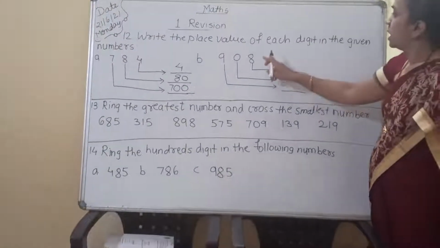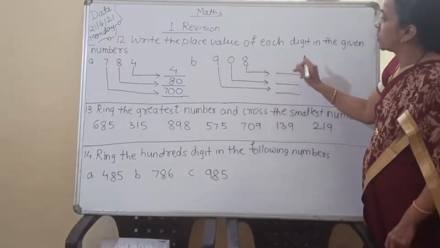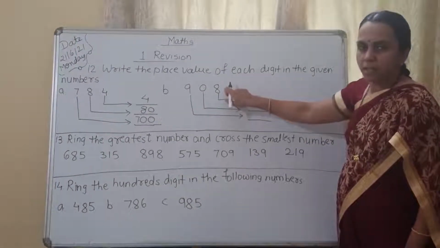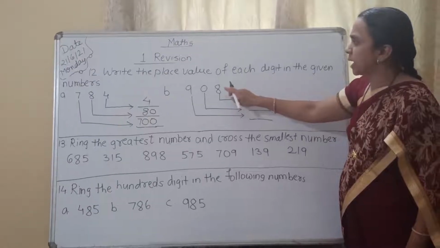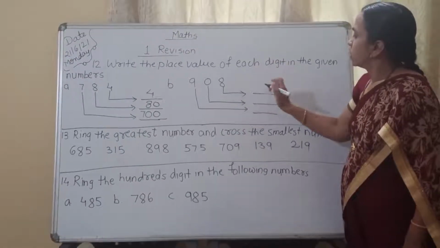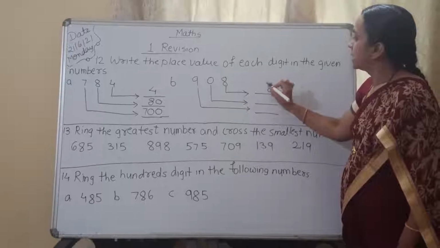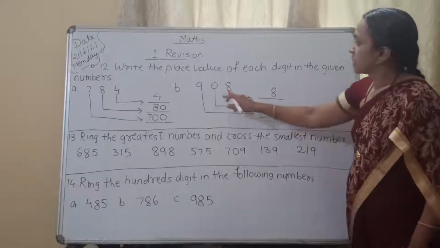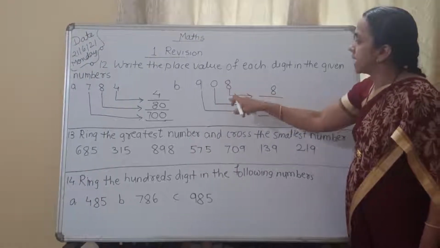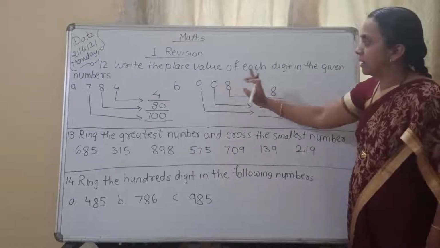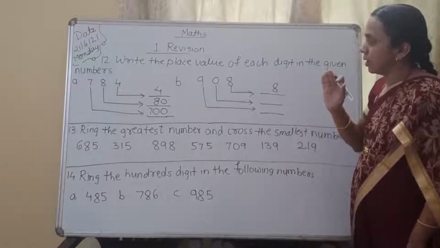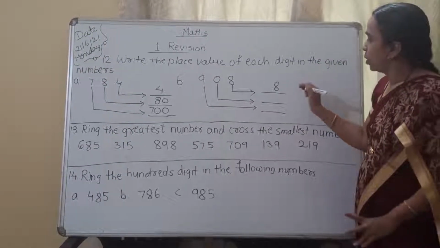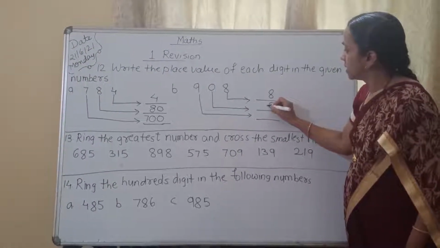908. So again see here 8 is at ones place. So whatever number is present in this ones place, we have to write down that number as it is. So we will write this 8 as it is. Because 8 multiplied by 1, how much? 8. Now see here 0. 0 is at tens place. 10 multiplied by 0. I told you earlier also 0 multiplied by any number, answer will be 0. So we have to write down here 0.